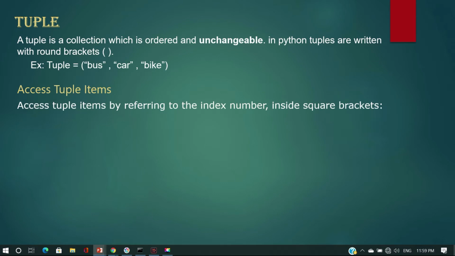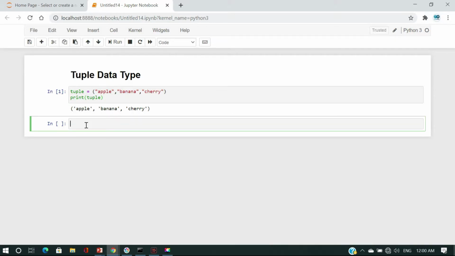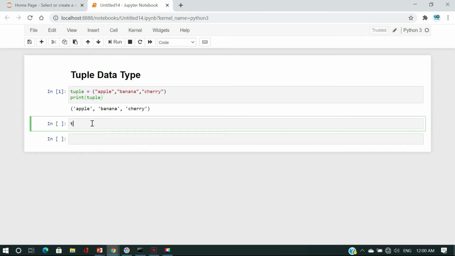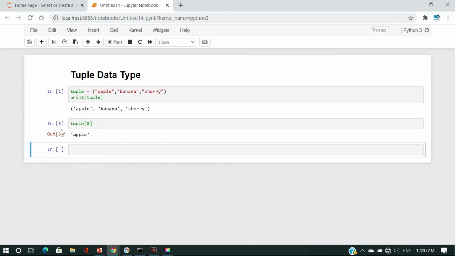Access tuple items by referring to the index number inside square bracket. We have tuple data. In the tuple data, we need to see the index value. Tuple 0 value should be apple. The index value starts with 0.